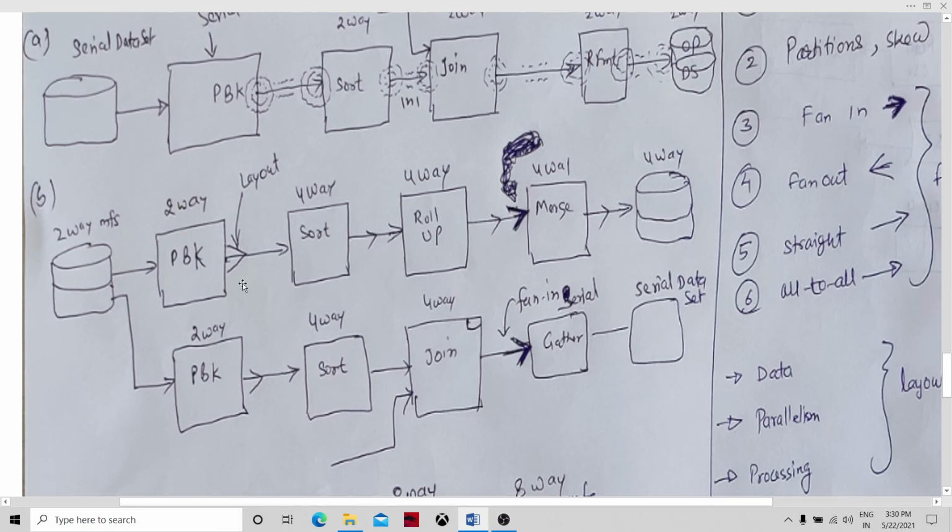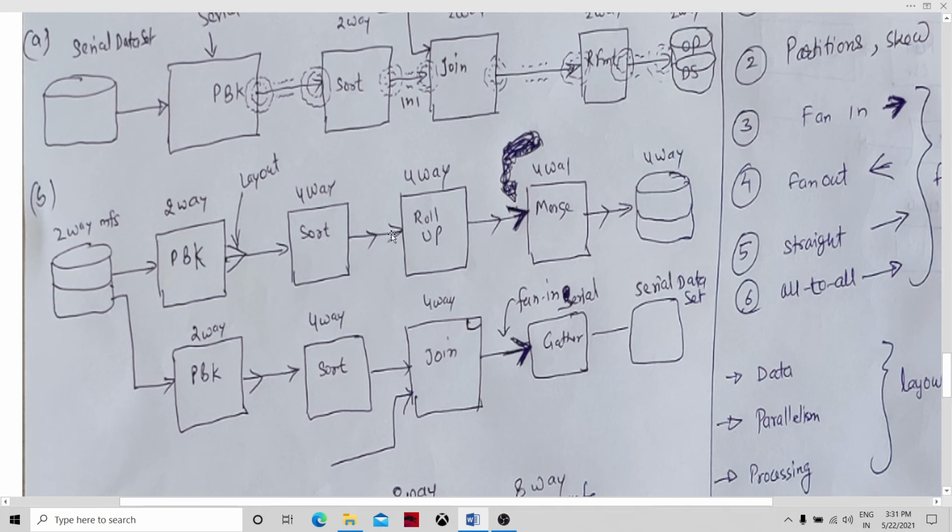Now, whenever we partition the data from two-way to four-way, there is a fan-out flow coming out from the output port of partition by key. This kind of structure on the flow and this layout is called a fan-out flow.